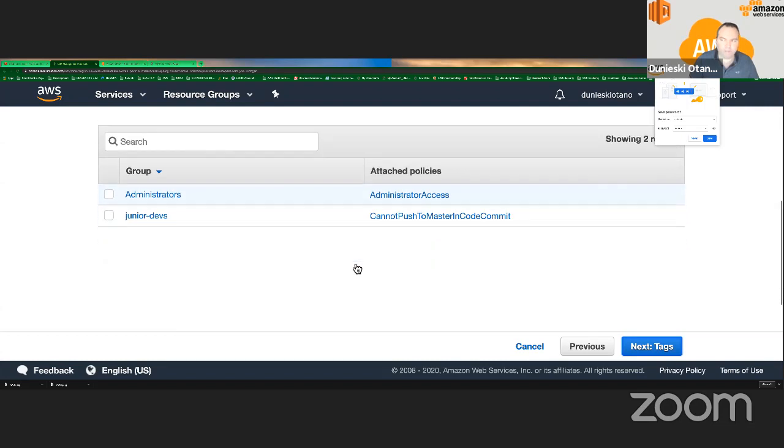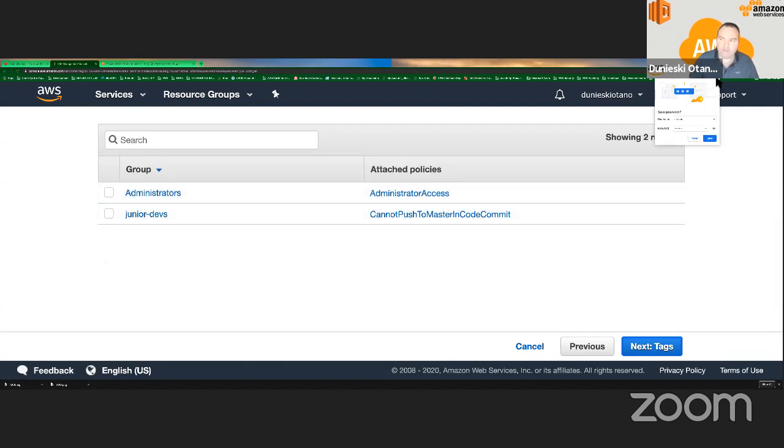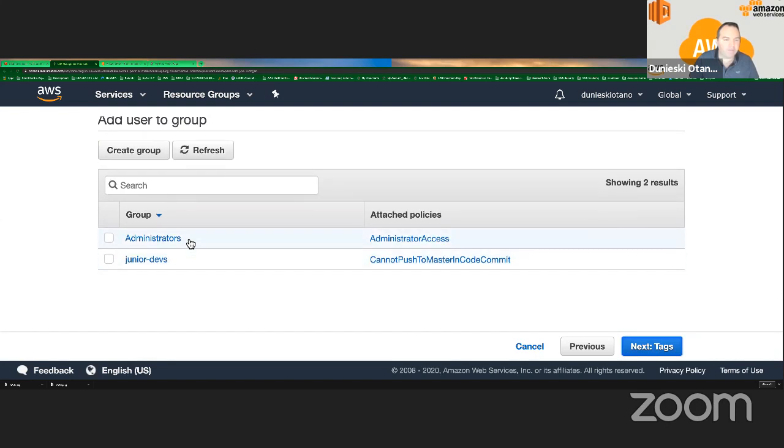Now, best practice for AWS: never give permissions to a user individually. Never. Create a group, give the group permissions, and then put the user inside the group. That's it. All the users that you put inside that group are going to be affected by that permission. So create a group